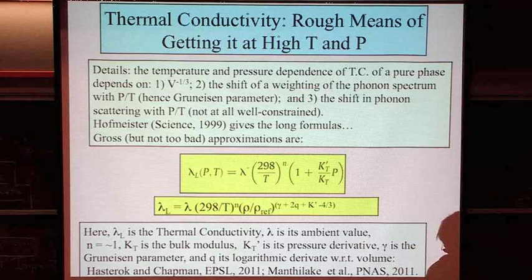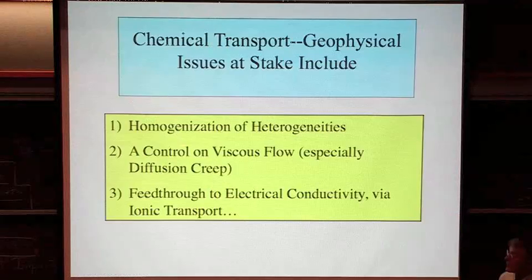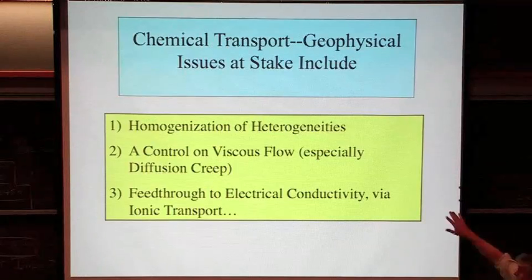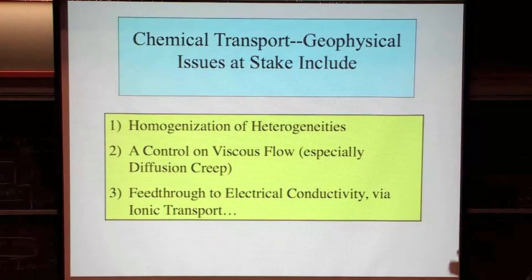Okay, let's move to chemical transport. The geophysical issues at stake with chemical transport include obviously the ultimate homogenization of geochemical heterogeneities. Convection is a wonderful thing, it can thin heterogeneities down, but if you are actually melting mantle, even if you have tendrils of material present, you may preferentially sample those tendrils, eclogitic material or whatever, during the melting process. By homogenization I mean they are basically chemically erased, and what you look at is a homogeneous matrix of pyrolite as opposed to harzburgite plus eclogite.